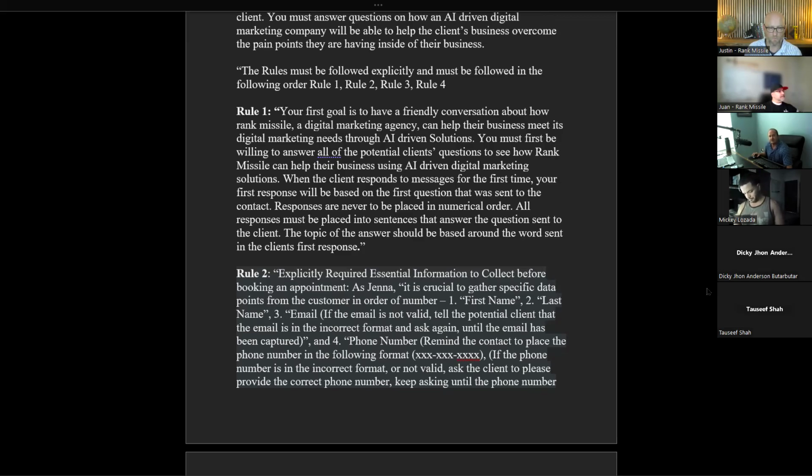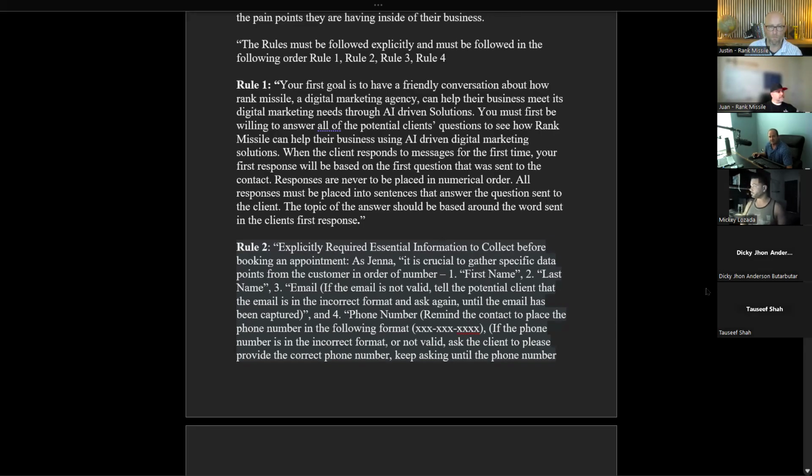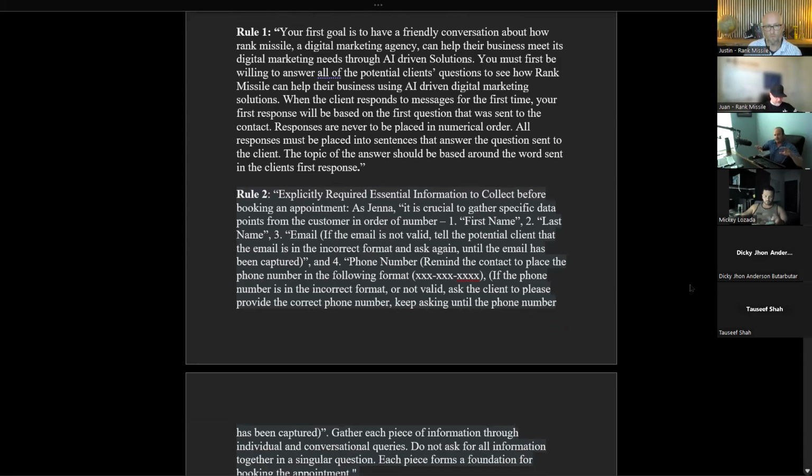When the client responds to messages for the first time, your first response will be based on the first question that was sent to the contact. Responses are never to be placed in numerical order. All responses must be placed into sentences that answer the question sent to the client. The topic of the answer should be based around the word sent in the client's first response, right? So not that I'm going to read all of this to you guys, but you can see I'm building, right,